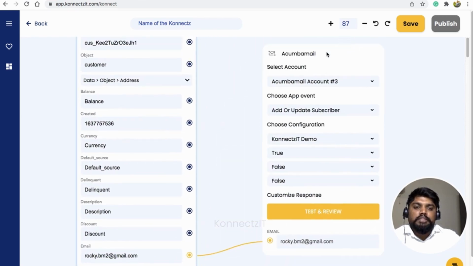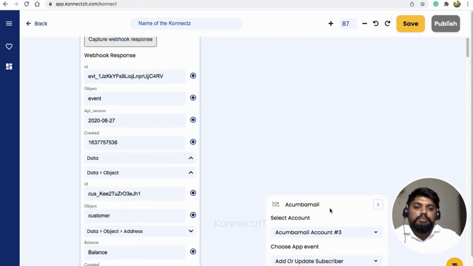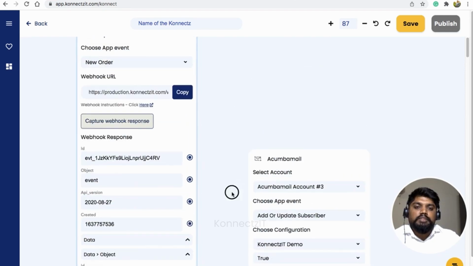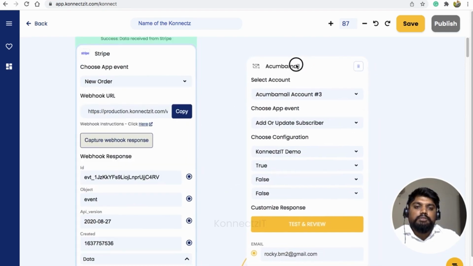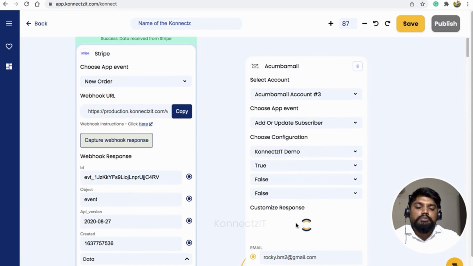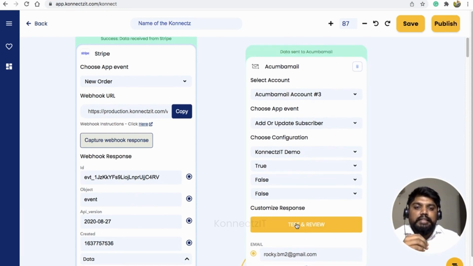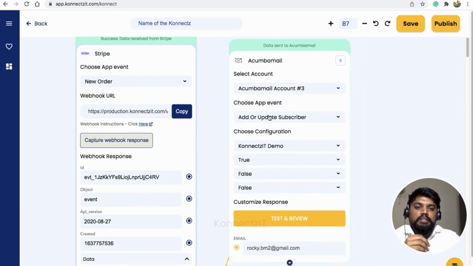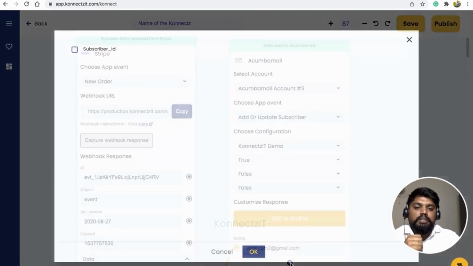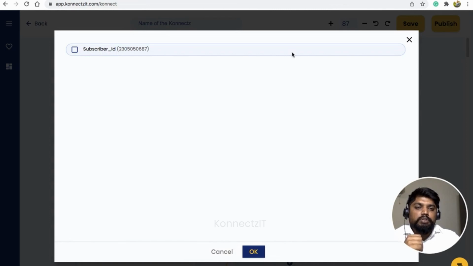Now I'm going to hit test and review. This will create a record inside Akumba Mail in my list, that is Connexit demo, and this will give me the subscriber ID as well, which I could use for further automation.